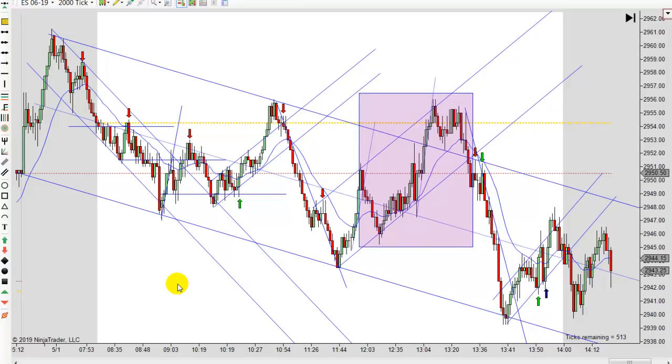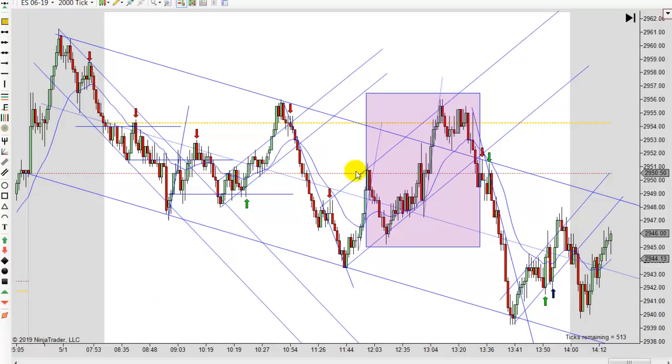Usually after a big sell-off, though, it's not long before you get a big rally. So if it was to do this for a day or two, or even just today, whenever it picks back up, it'll probably be a nice rally. That's generally what happens. But yeah, the area marked off in here is from the news announcement